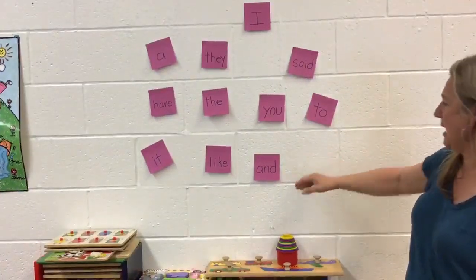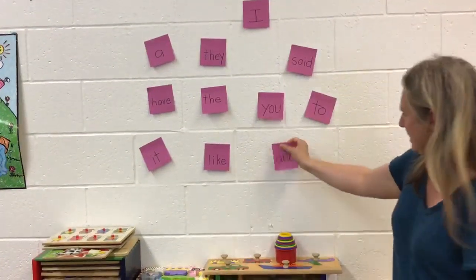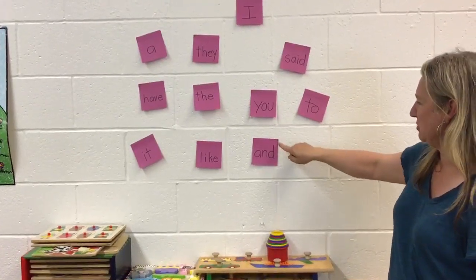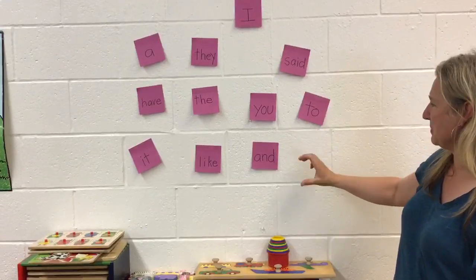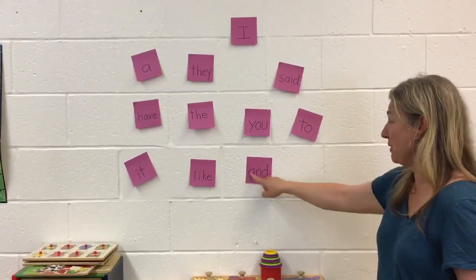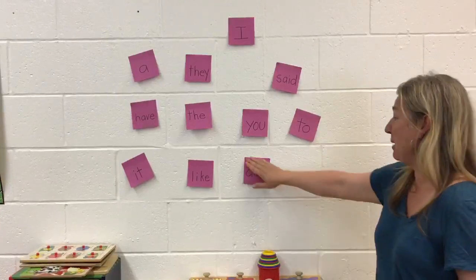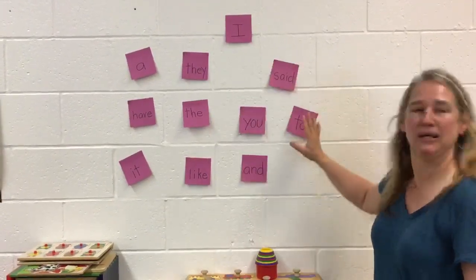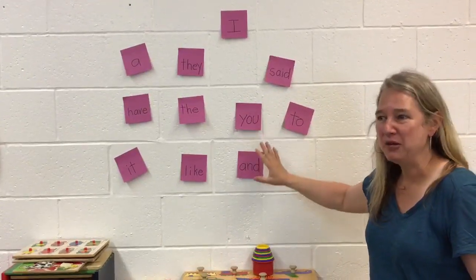sight words, and I put them on Post-it like this, but you could use an index card, or you can use little pieces of paper, and ideally you want your student to write out the words, but you could go either way. Okay, so you put them up, and it's nice to do it in their bedroom, and you